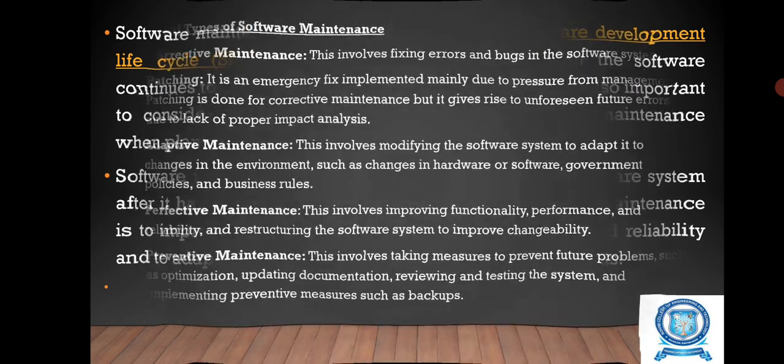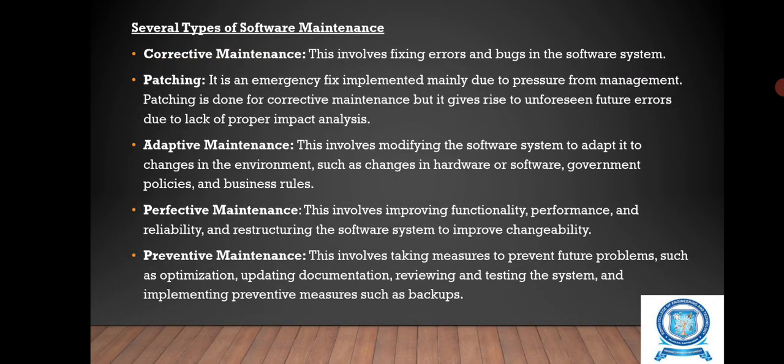Software maintenance is a critical part of software development, and there are several types of software maintenance. First is corrective maintenance. This involves the fixing of errors and bugs in the software system. Patching is an emergency fix implemented mainly due to pressure from the management. That is, patching is done for corrective maintenance, but it gives rise to unforeseen future errors due to the lack